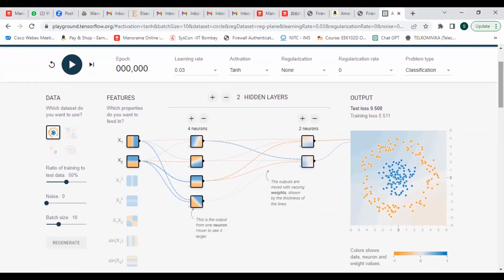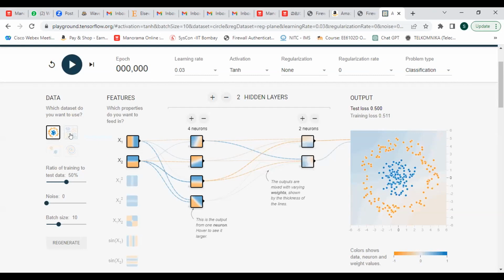This is the TensorFlow playground. People have implemented simple architectures for neural networks, which give a lot of versatility to increase the hidden layers or decrease the hidden layers or change the data set. So please understand there are 4 data sets given here. This is the first data set, where you can see in the graph that yellow color and blue color are the two classes. In this data set, yellow color and blue color are separated by a non-linear decision boundary, right? What is the decision boundary? The decision boundary is actually a circle.